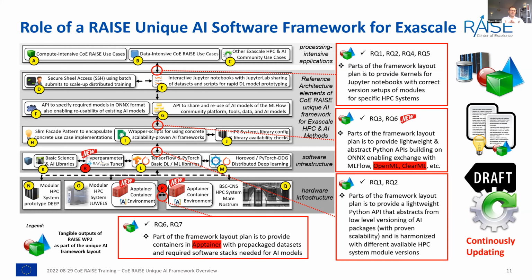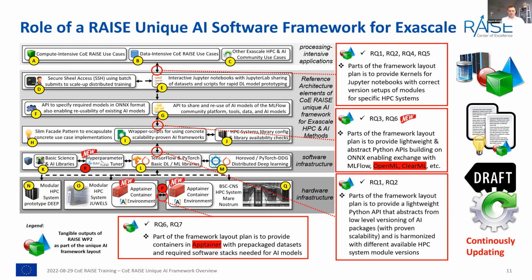And there we also have to make sure that the same set of frameworks and the same set of ideas works. So here the idea is, can we do this kind of job script functionality, where you basically just say, I want to be on Lumi, I want to be on Jewels, I want to be on Mare Nostrum. And okay, what do you want to do there? I want to do TensorFlow. In the end, I don't really care about the low-level detail, but at least give me the modules that I need to load. And this could be, of course, also a Python API.